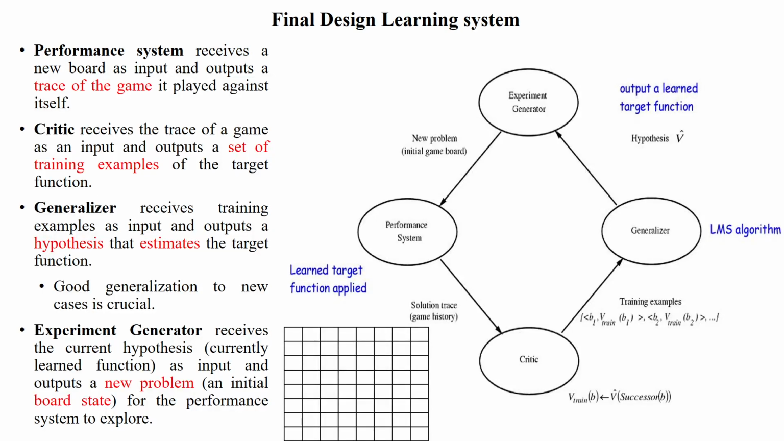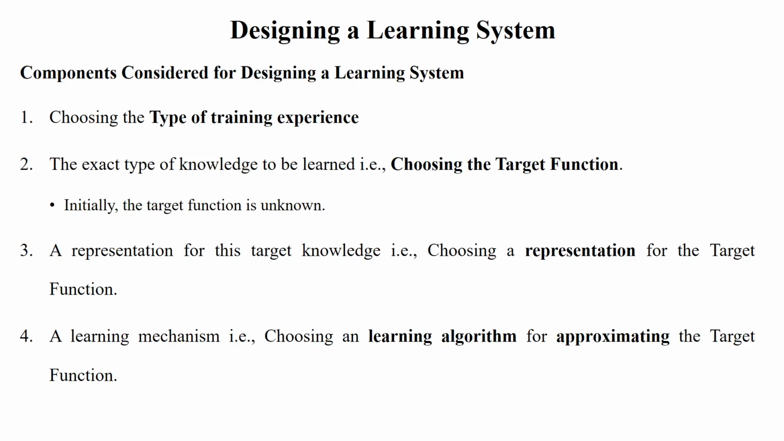Hi everyone. Finally, we designed the learning system based upon the four steps given here. First one is we have chosen the type of experience, either indirect training experience or direct training experience. Then we have chosen the target function, and it is represented to the learning system by using neural network. And finally, we have chosen the learning algorithm that is predicted the output to move the next step approximately